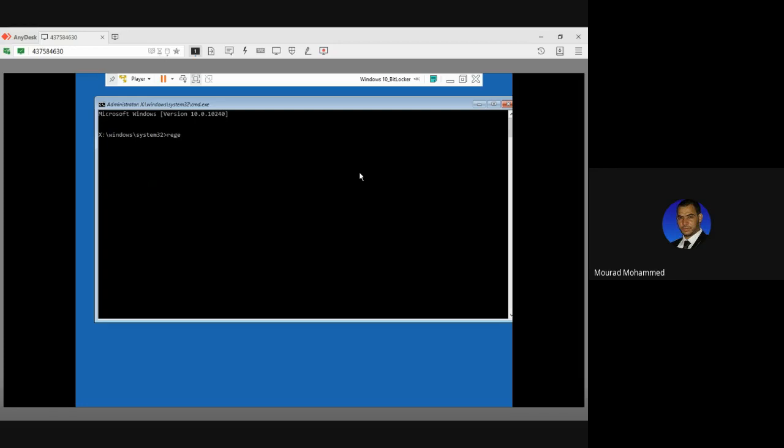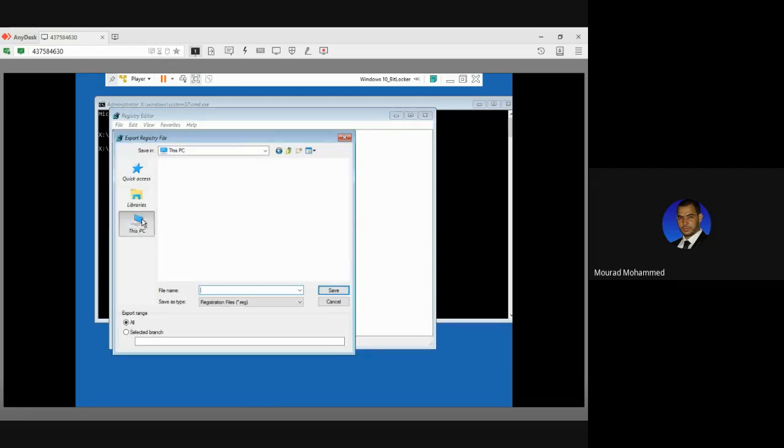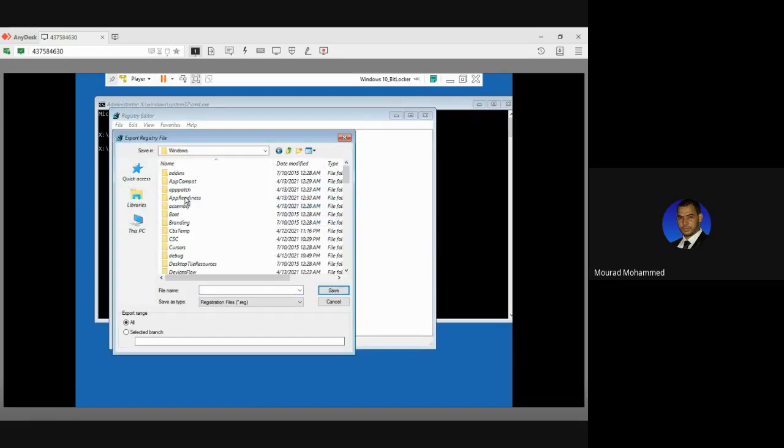My tool is regedit. I'm going to call the registry regedit. From here, I'm going to refer to the drive where the Windows is. Okay. Export. C drive. Windows. System32. Here all the resources, then search for